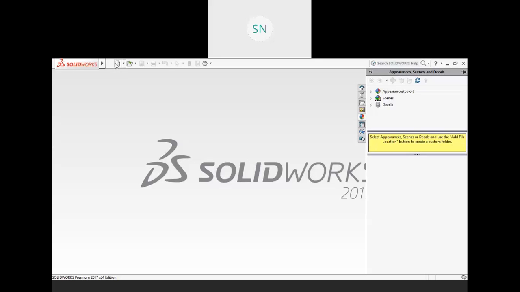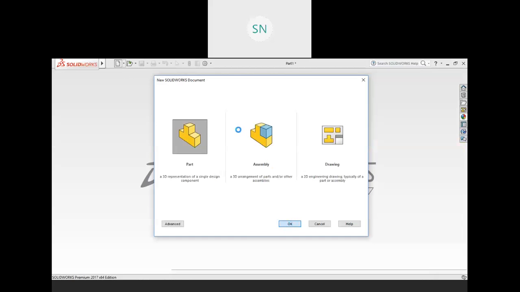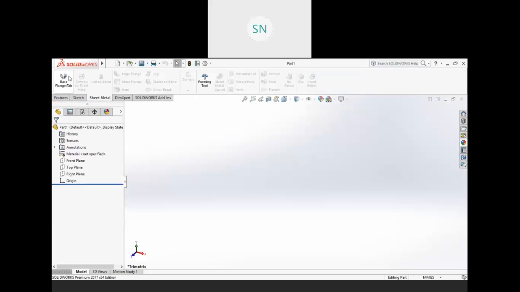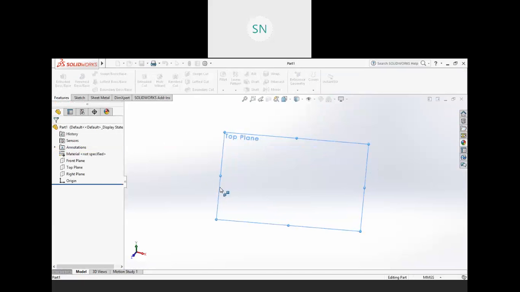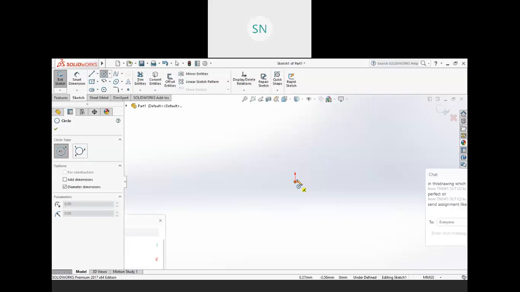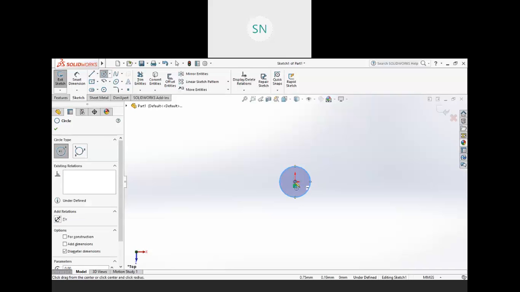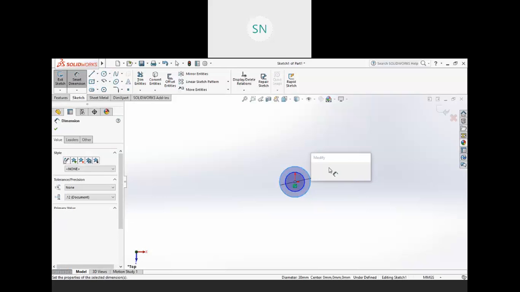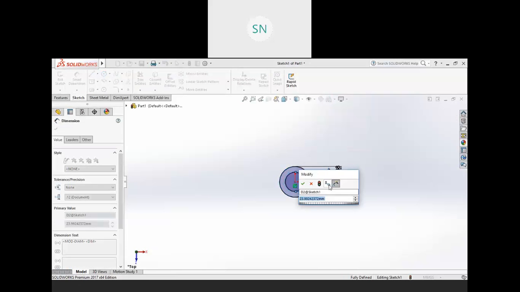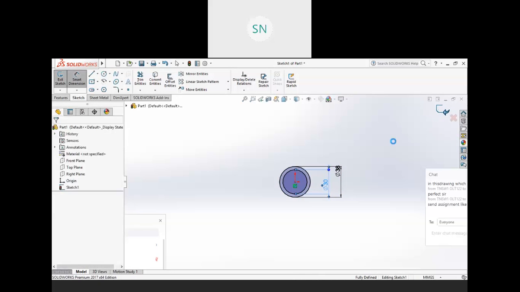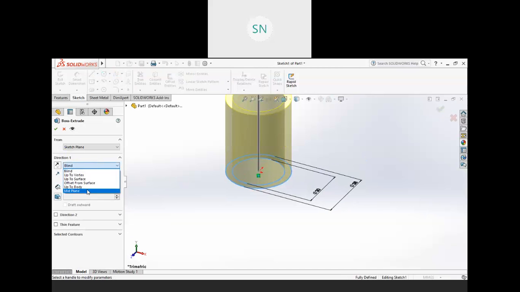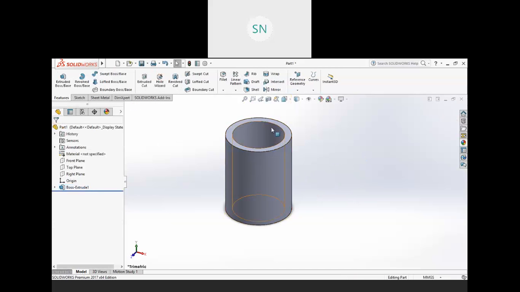Go to SolidWorks, and start with the extrusion on the top plane. Go to the feature extrusion on the top plane, and here we have 38 diameter and 30 diameter. So this is 38, and this should be 30. Finish it and provide a height of 49 and take it from the mid plane. Hit OK. So this is my vertical pipe.